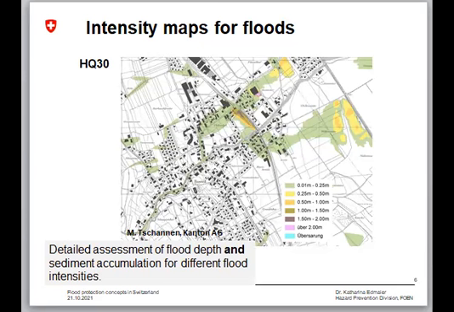Criteria for intensities depend on the process we look at. For example, for a static inundation, the strong intensity would be a depth of more than 2 meters of water. For dynamic inundation, it's the product of the velocity of the water and the depth that must be over 2 in order to have a strong intensity.